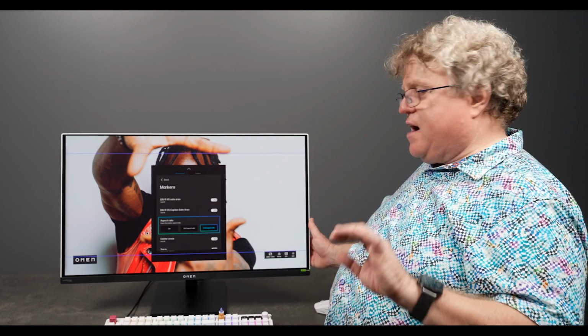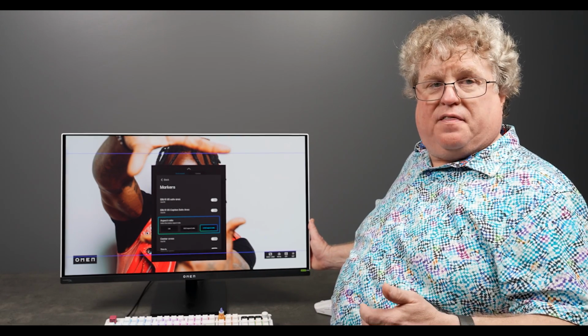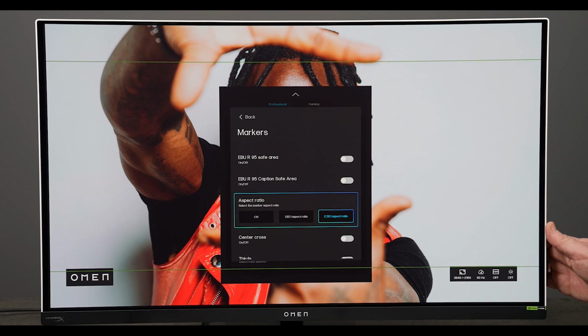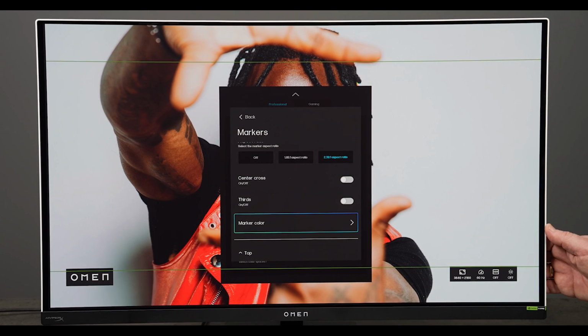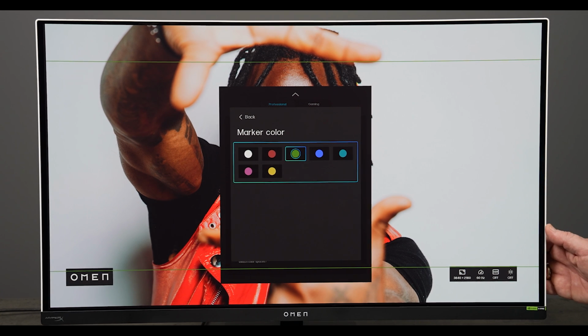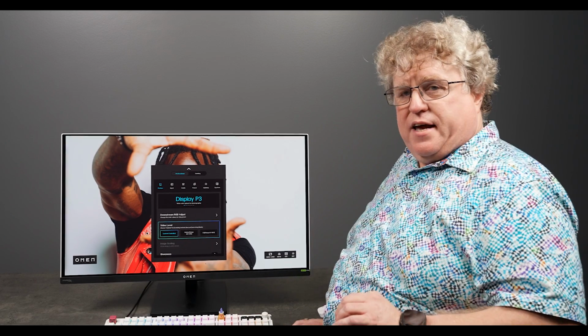You don't have to worry about, I press play and my markers disappear, which happens with a lot of nonlinear editors. You can also change the color of your markers. We provide you with 7 different colors to choose from. Depending upon your content, you may find that one of the other colors is more suited based on what's going on in your content. The next group I'd like to talk about are the video level settings.